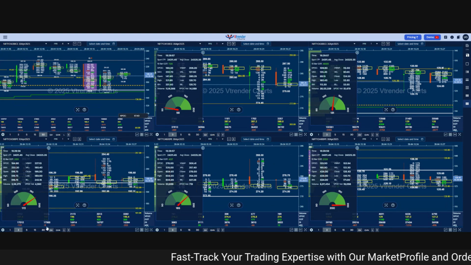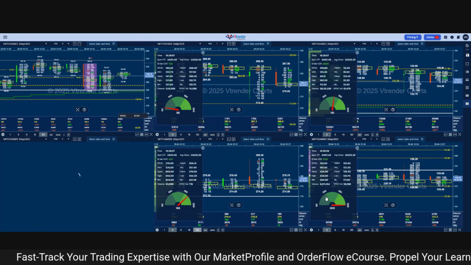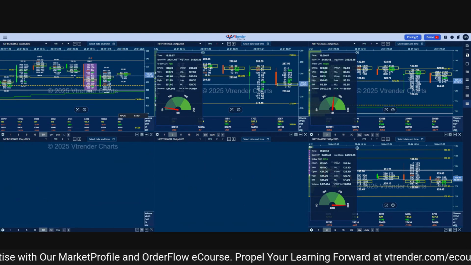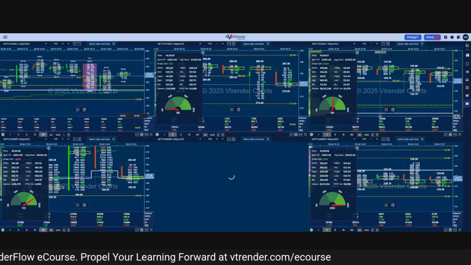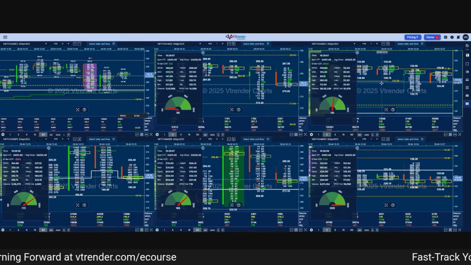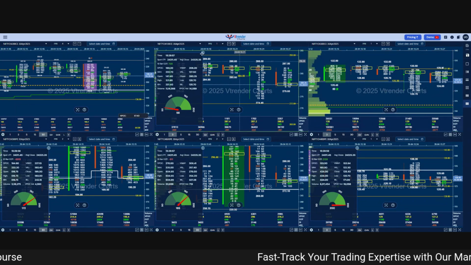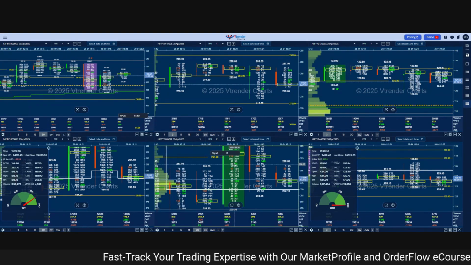So we also have the spectrum range which is there. You can also decide based on where the gamma zero is. That will be your in the money option. So 24,300 is where I think the gamma zero is. So 24,300 would be our slightly out of money call, and I'll just switch all of them to the